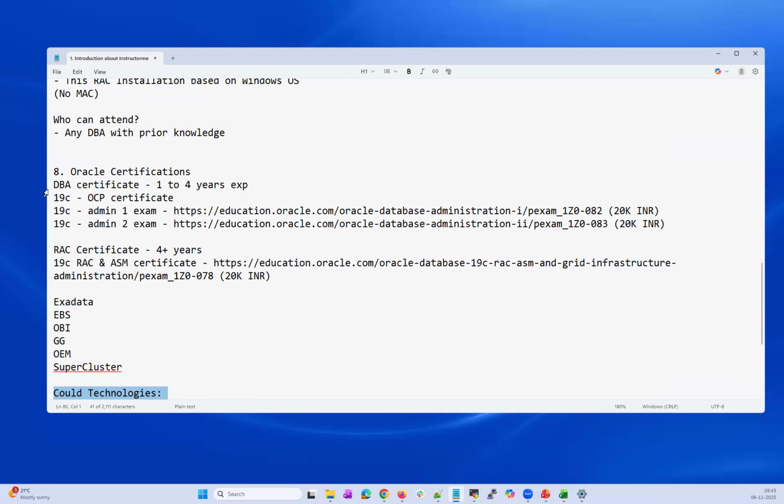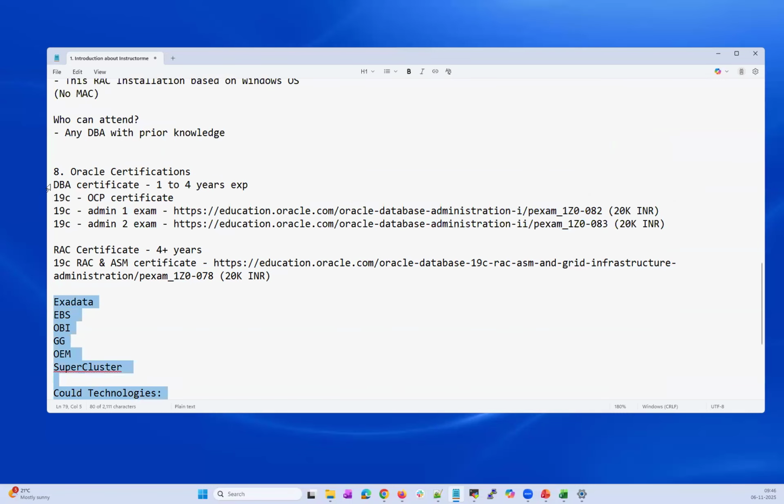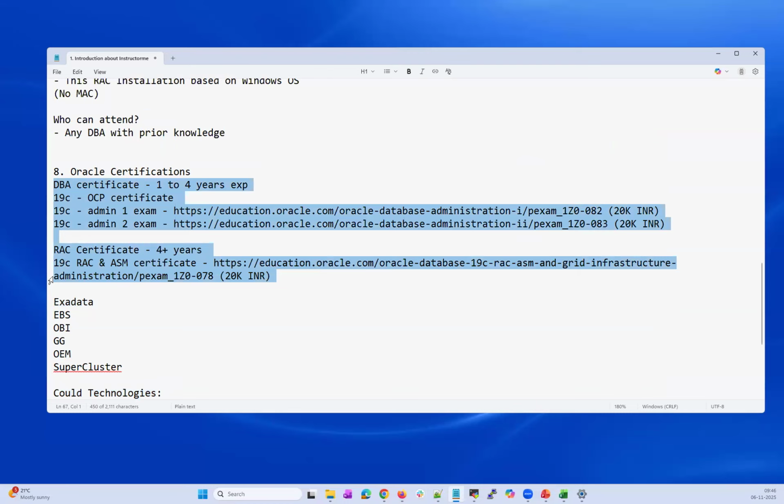But as a DBA, if you are sharing your resume for any openings or with any HR, these certificates are a must. They look for these certificates first: OCA, OCP, or RAC certificate. On top of that, if there is any specialization certificate, they look for it. But as a fundamental, you should have this certificate.